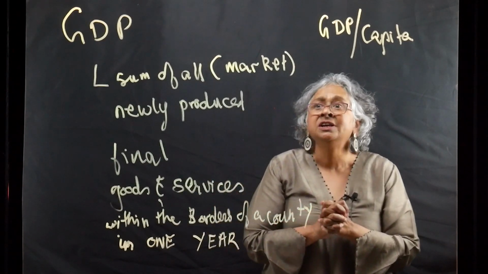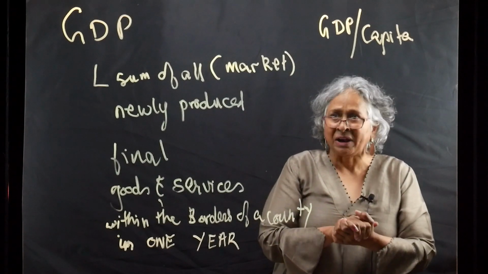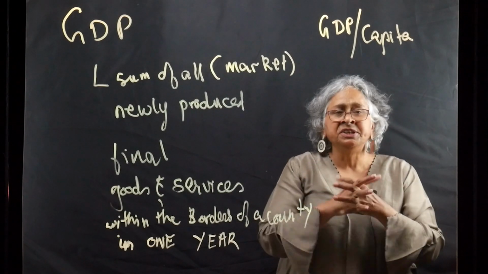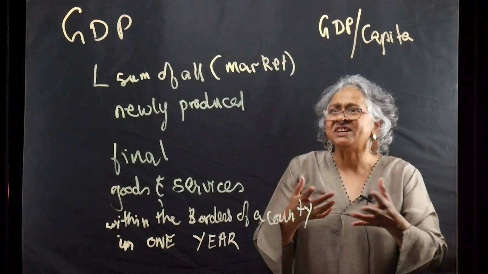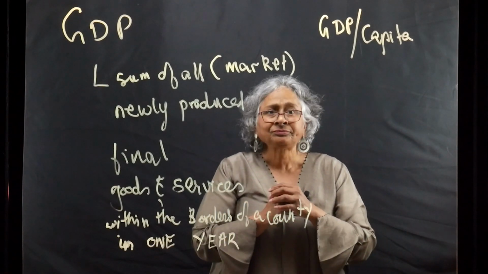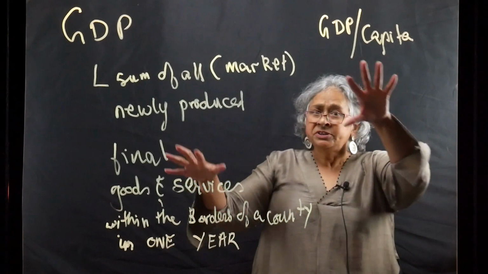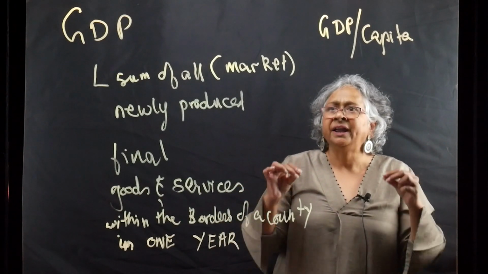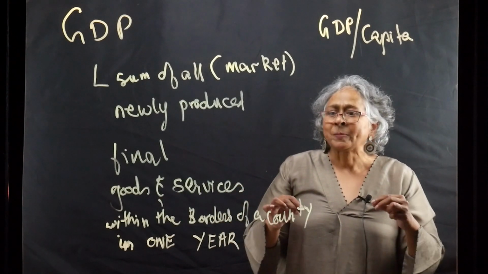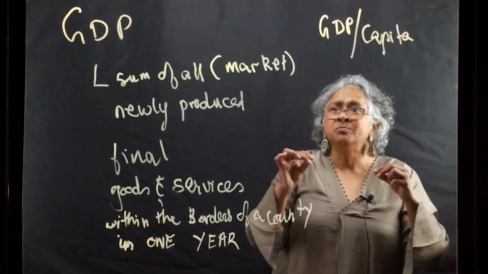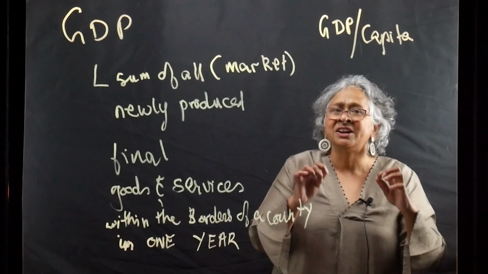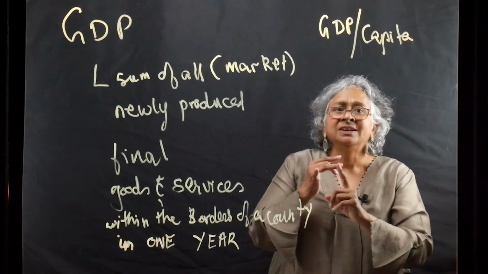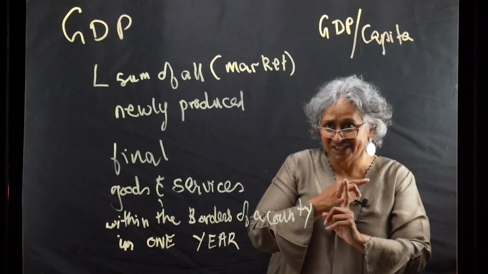So we also do other kinds of adjustments, which we don't need to do in this class, but if you're interested, please go ahead and make sure you take macroeconomics. We use GDP for things like figuring out recessions and so on. So the GDP is often used as an indicator of the economic health of a country, which means it's very important to realize or understand what the GDP does and does not tell us.